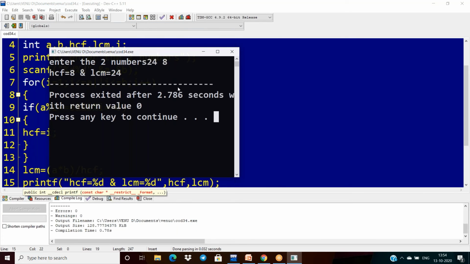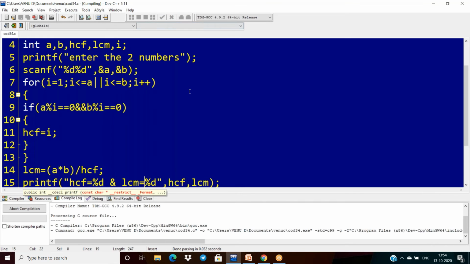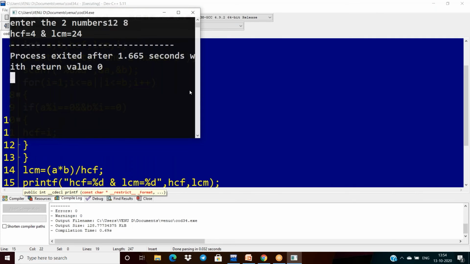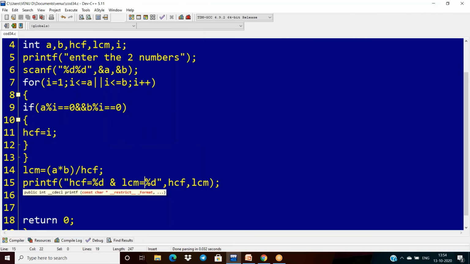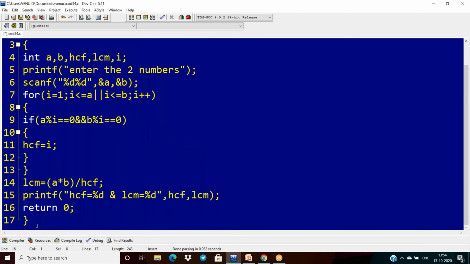For 24 and 8, the HCF is 8 and the LCM is 24. For 12 and 8, the HCF is 4 and the LCM is 24. So by this way you can calculate LCM and HCF.